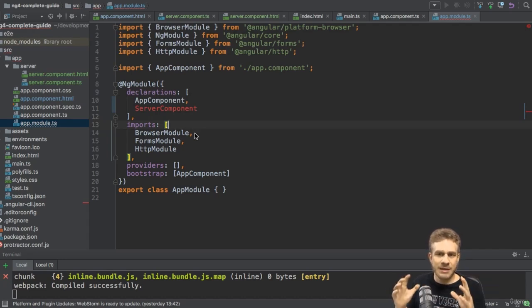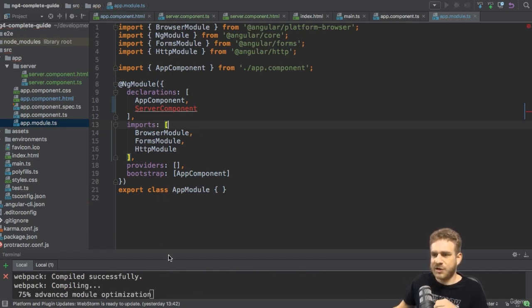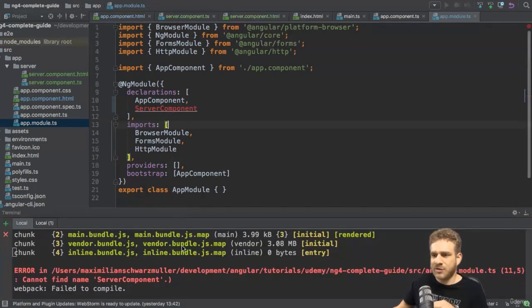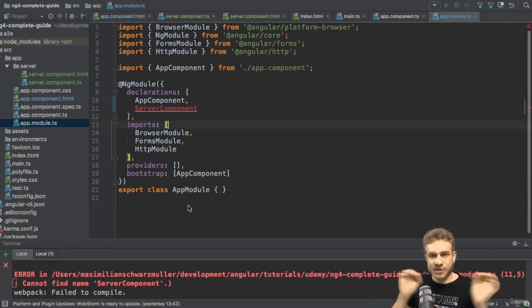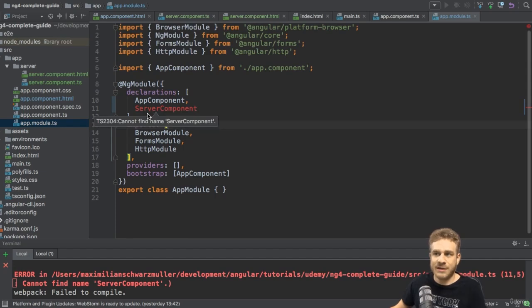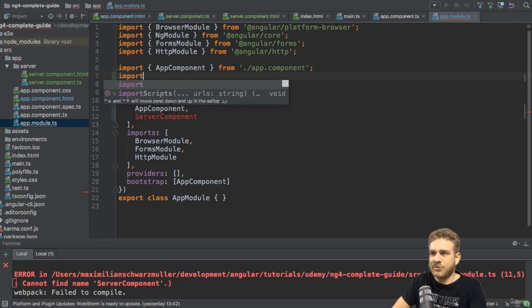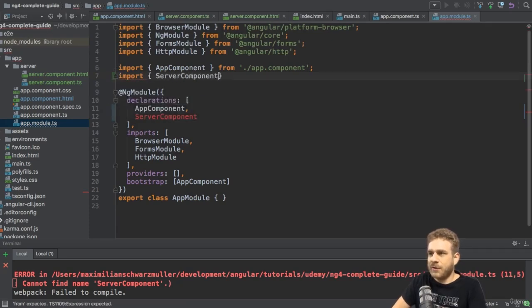So when we try to bundle our code, we would get an error, which you can actually see if you save this, triggering the recompilation. You see that we get an error in the terminal down there that it can't find server component because, and this is not Angular, this is TypeScript, it doesn't know where this file is, where to find this class. So we need to add an import at the top manually pointing to this. So we add server component here as an import from